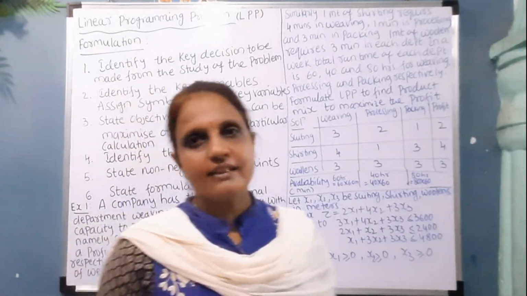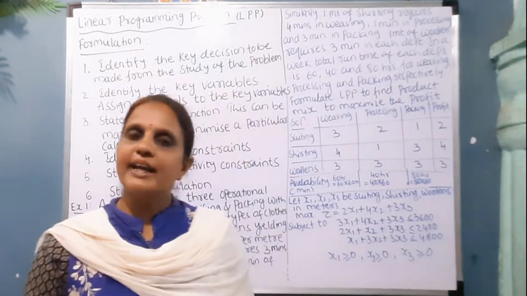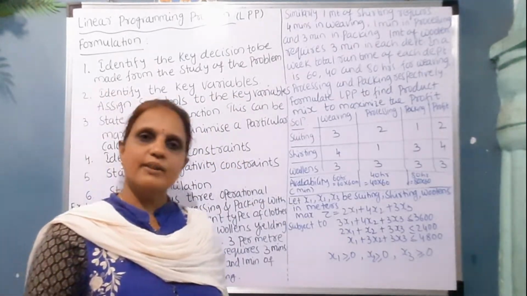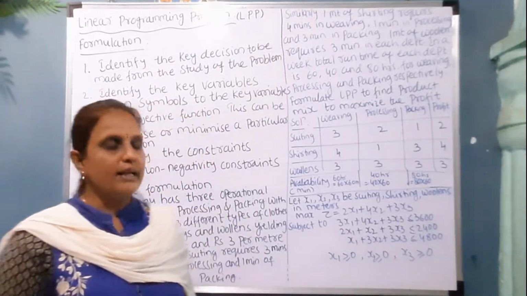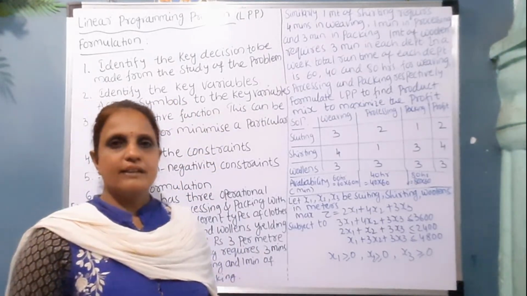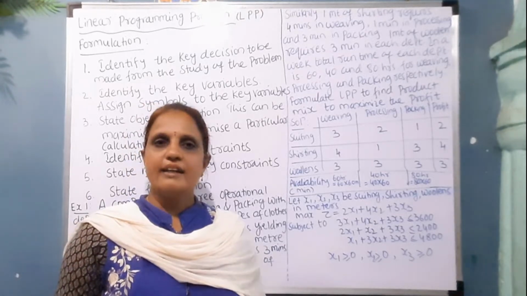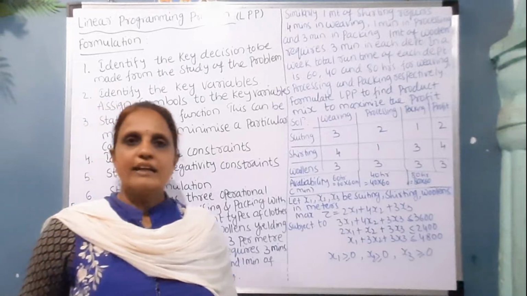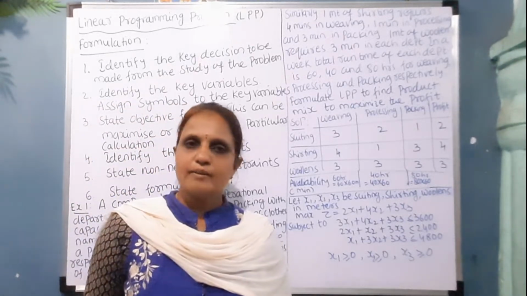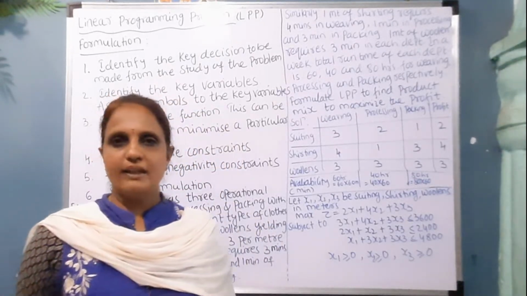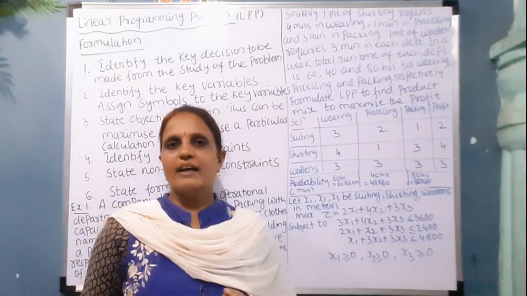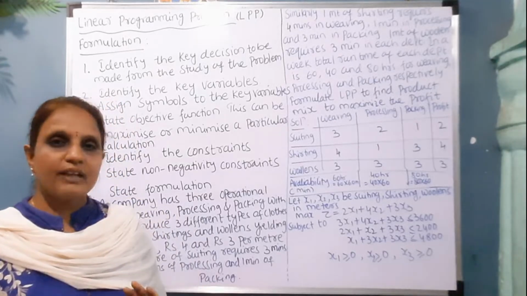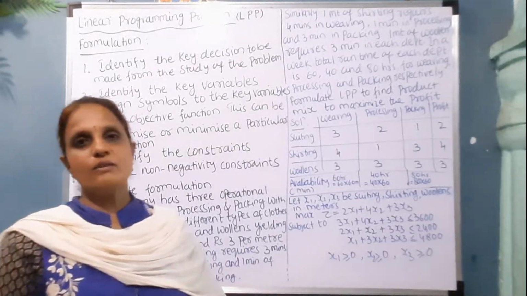Once we have written the constraints, we will write non-negativity. Non-negativity means every variable which is used in a linear programming problem is considered to be positive. That is, if we have taken x, y, then x is greater than or equal to 0, y is greater than or equal to 0, meaning these resources may be always positive or 0 but not negative. So these factors will complete a linear programming problem. It is only a problem we are formulating. Afterwards we will see the solution.